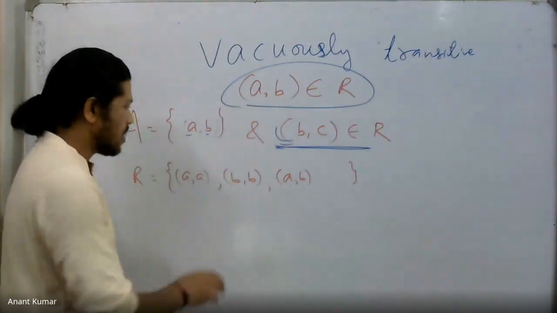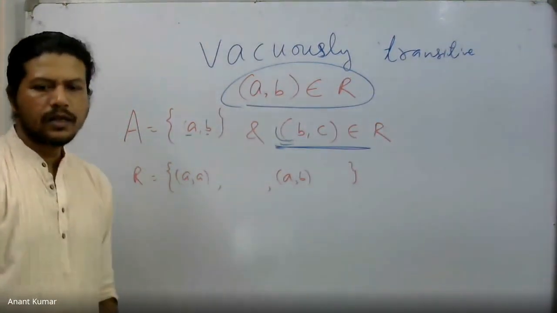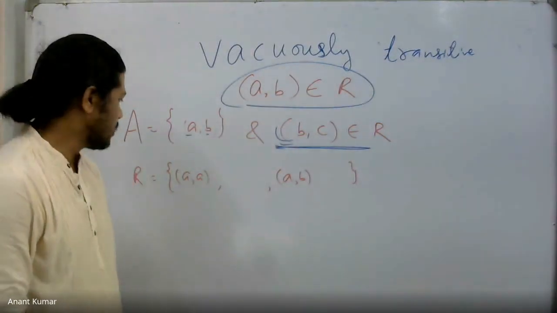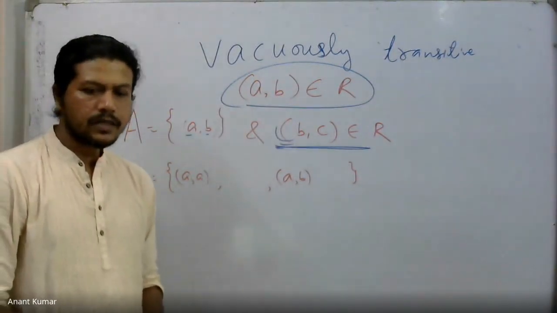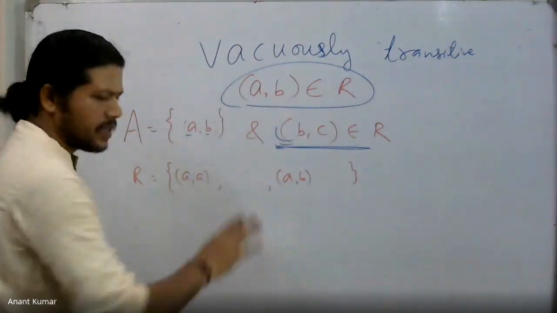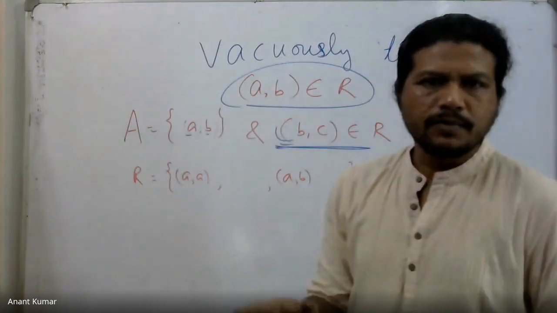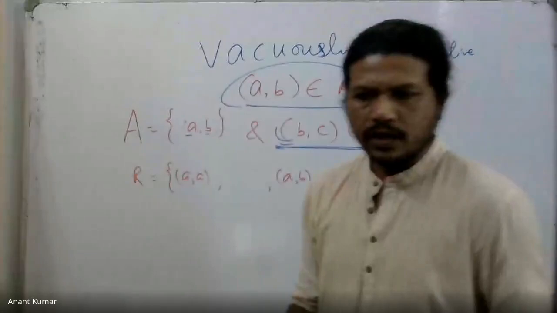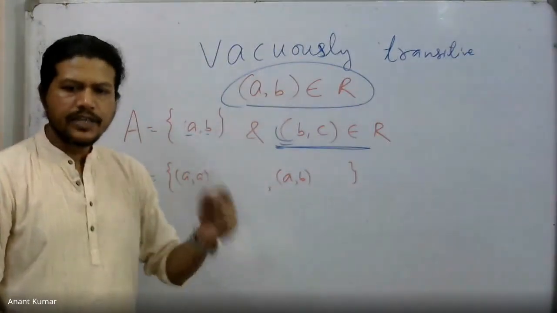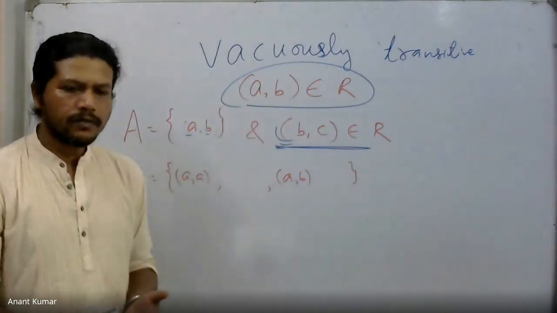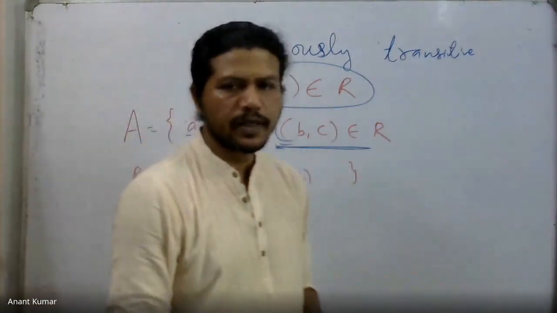In this case, for example, if B comma B is missing, then it is no longer reflexive. Fine. What about AB? That may or may not be present. At least every element over here should be related to itself. Everything else may or may not be there. We just need to make sure that for every element in the set A, each element must be related to itself. Apart from there, whatever other things are there, let it be. It doesn't make much difference, but at least those must be there.